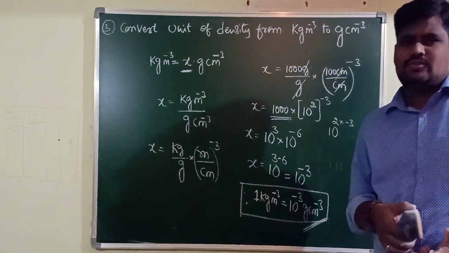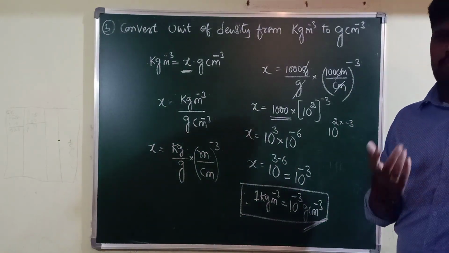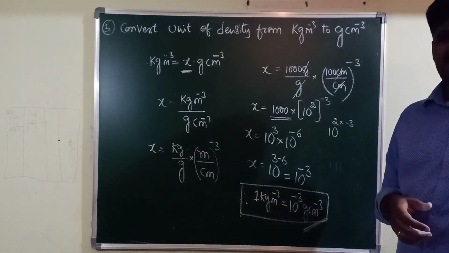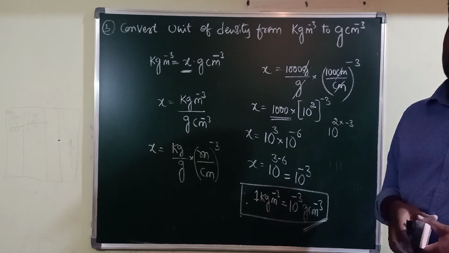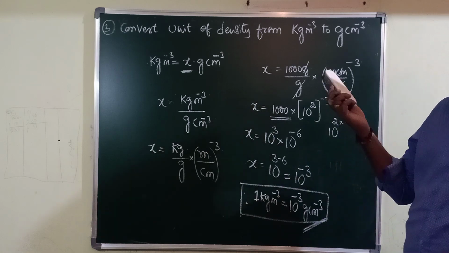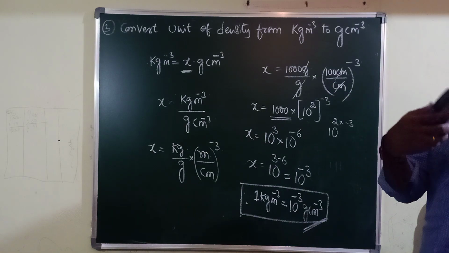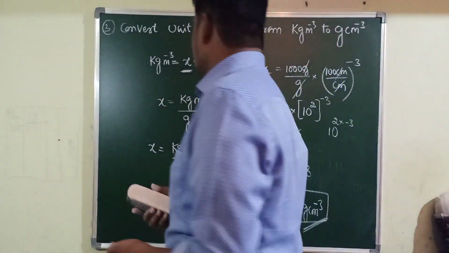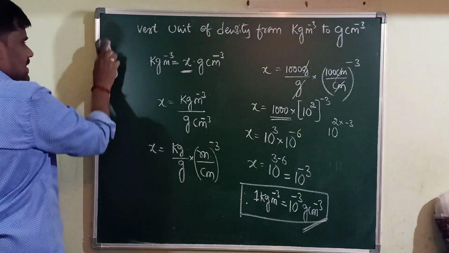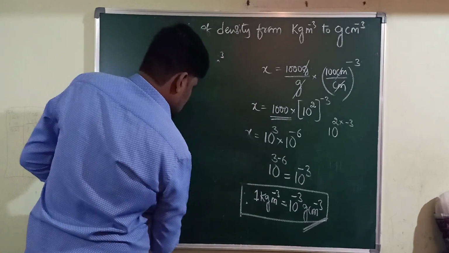So I will give a few examples you can try at home. If you do not get the solution, obviously I am going to help you in the next class. Definitely I am going to help you. So try to convert some of the units from one system to another system. Take an example as homework.